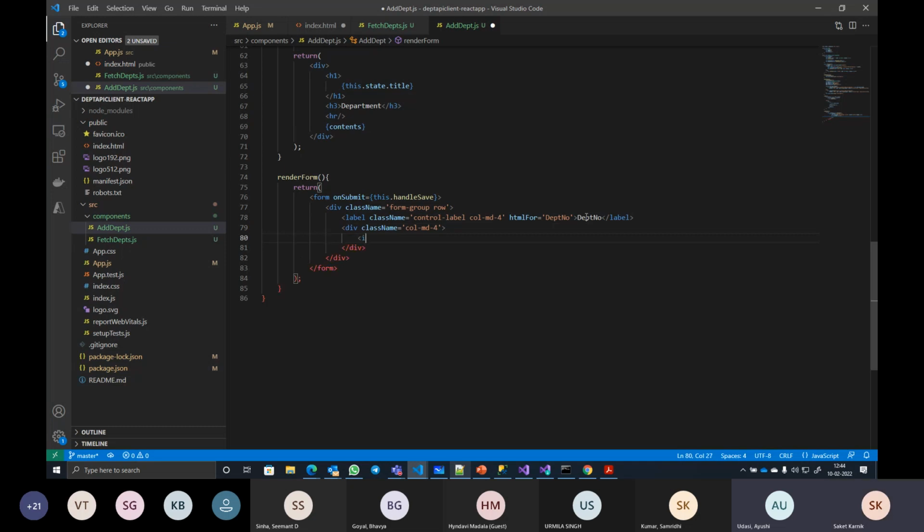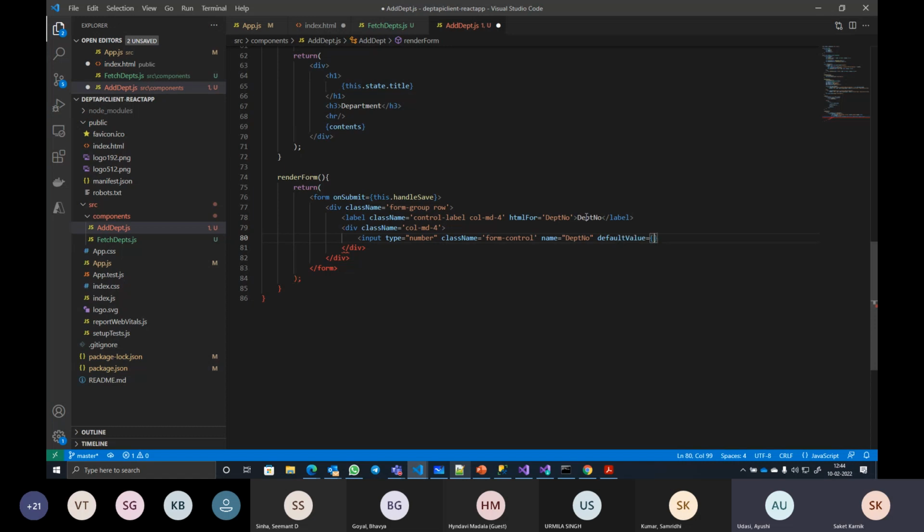Here I want an input, type text, in double quotes. Class name form-control. Name departmentNumber.